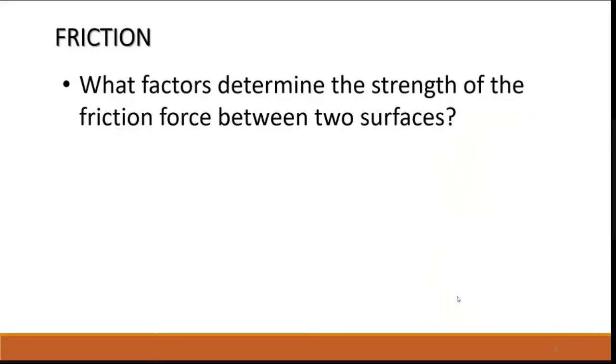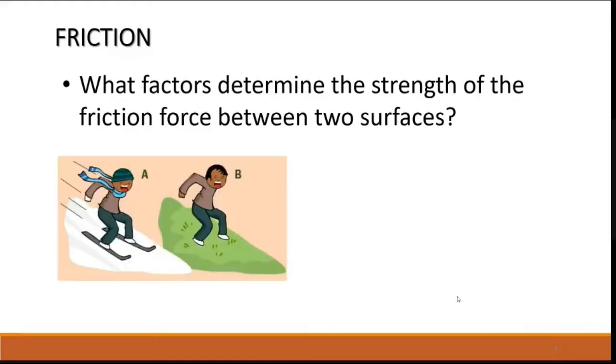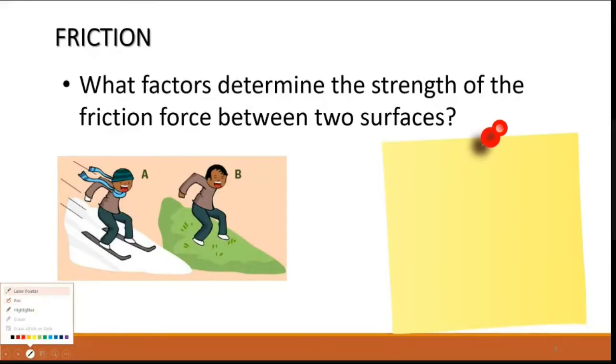Okay. So what are the factors of friction? Let us consider what are the factors that will strengthen the friction force between the two surfaces. Can you tell me? Let me consider this figure. Can you tell me what are the factors involved in friction? An important factor which is involved in the type of friction. Surface. Yeah, so it is surface contact, or I can say surfaces.